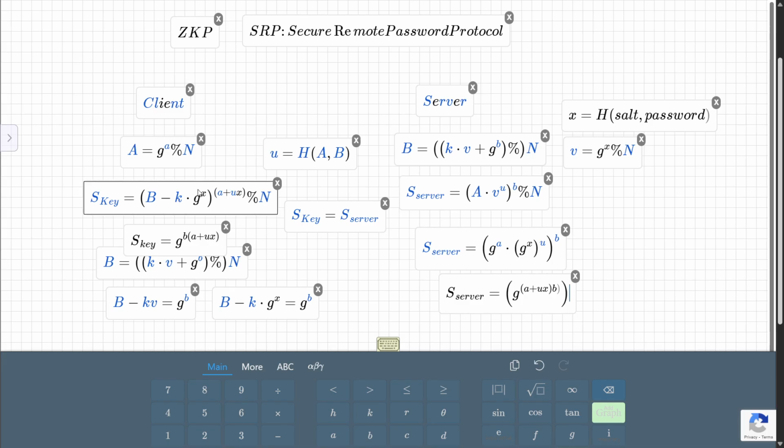Okay, so the theoretical part is done. I hope you had a good understanding of how these things work. Now let's come to the practical implementation of this. For that, I have created